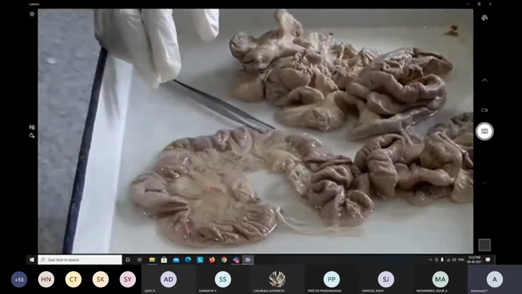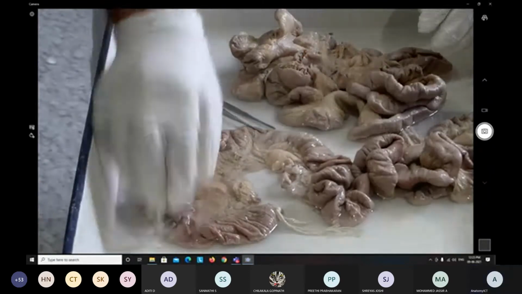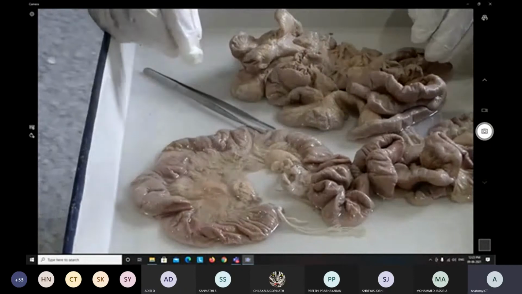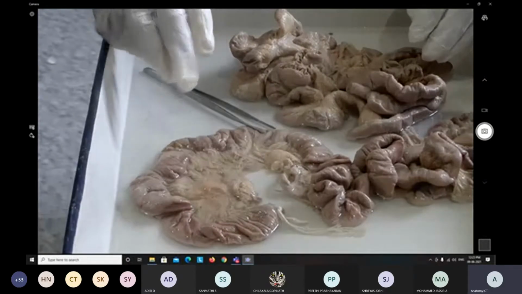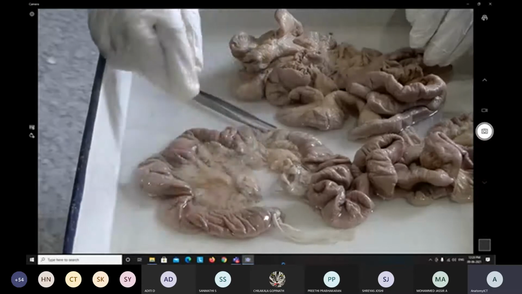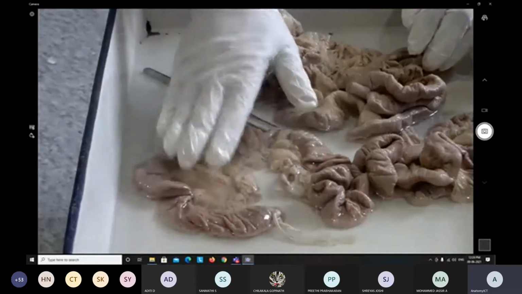So these are the three important things one should know. Now, when we know the first part, second part, third part, and fourth part, what are the relations of this particular first part, where exactly is it located? Before that, I would like to tell where exactly this duodenum is located.